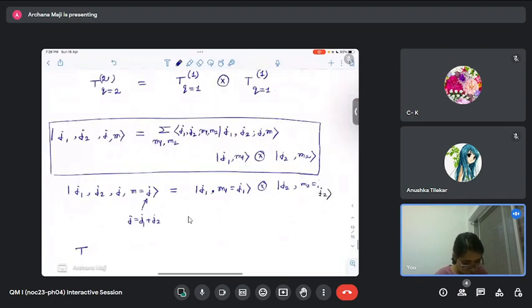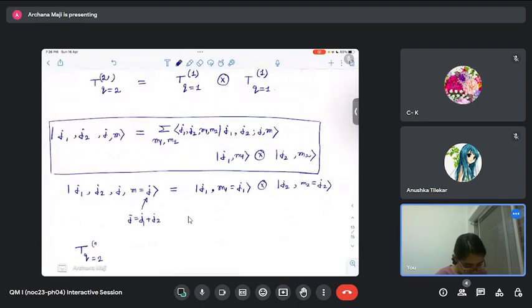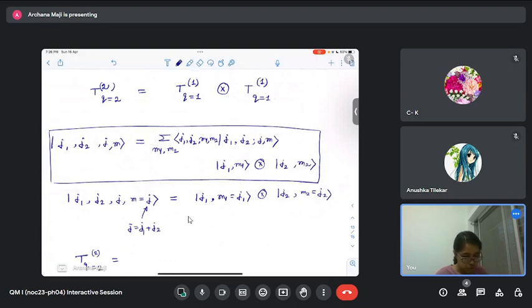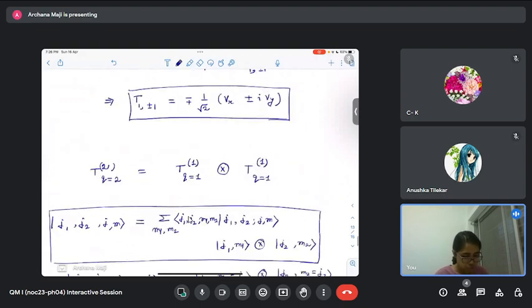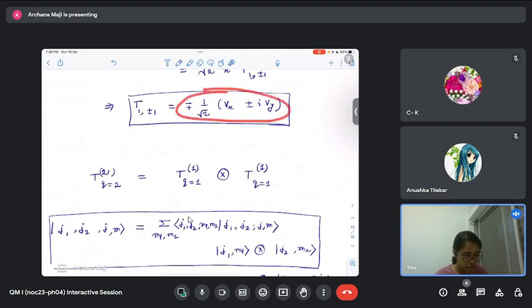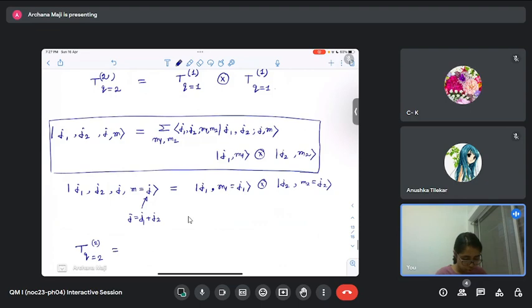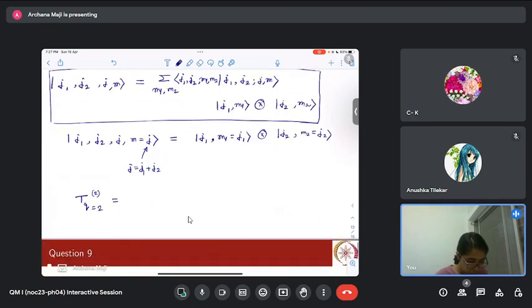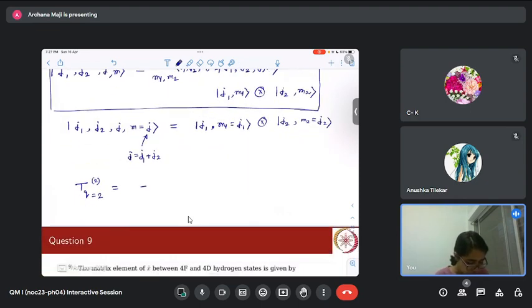So for Q equal to 2, it is equal to T11. And what is T1 plus 1? From here you can read off. That is nothing but minus 1 over square root 2 times Vx plus i Vy. So T with K equal to 2, Q equal to 2 is nothing but minus 1 over square root 2 (Vx plus i Vy)